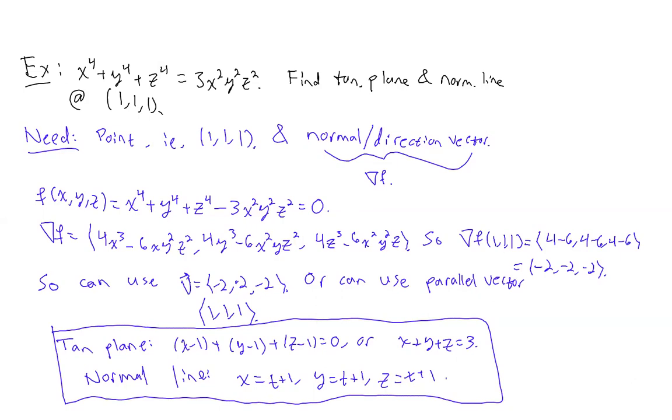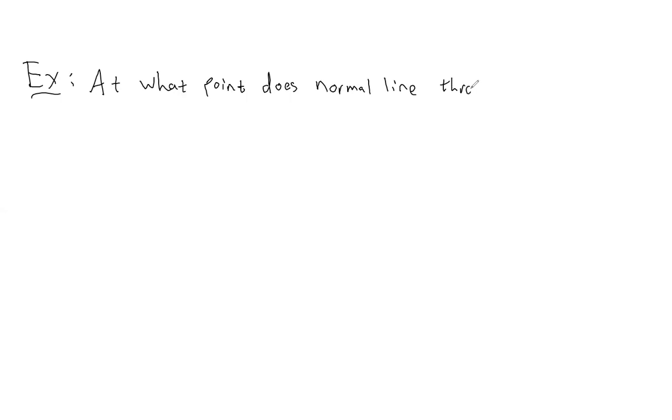Okay, I want to do a couple more just to really see some interesting ways you can look at these geometric questions. So here's another example. Here's the question: at what point does the normal line through 1, 2, 1